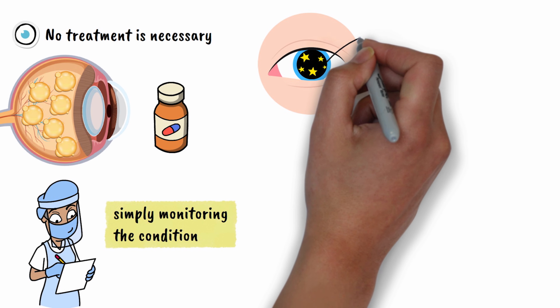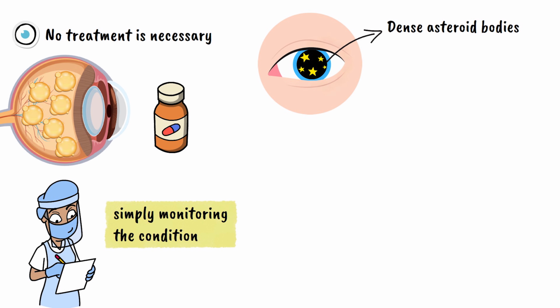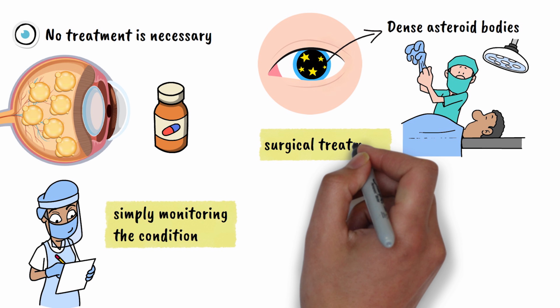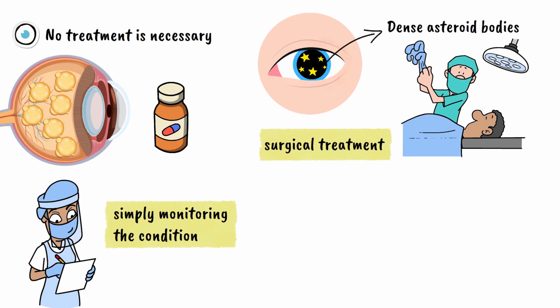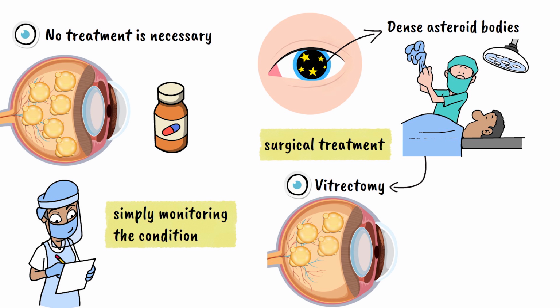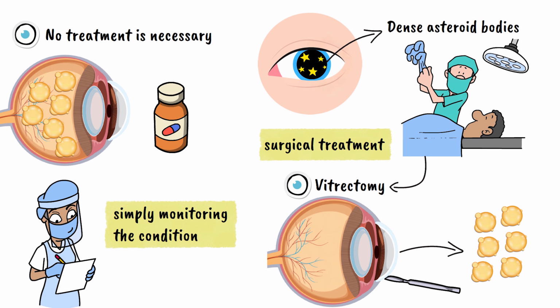If the asteroid bodies become so dense that they significantly interfere with vision or make it difficult for your eye doctor to examine the retina properly, surgical treatment might be recommended. The primary treatment for asteroid hyalosis, when intervention is needed, is a surgical procedure called vitrectomy. During a vitrectomy, the eye surgeon removes the cloudy vitreous humor containing the asteroid bodies and replaces it with a